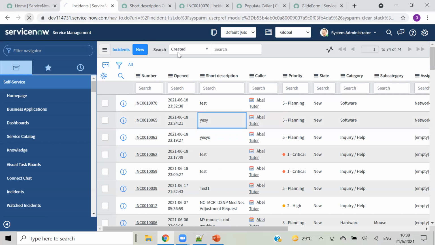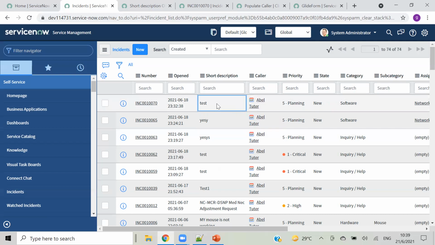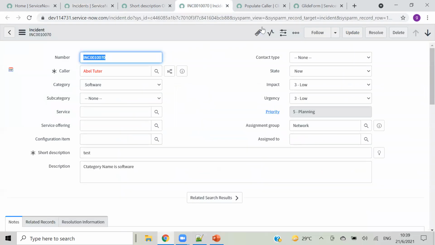Okay, let me reload again. It is still not showing the confirmation message. Maybe I have given something wrong. So I will send a new link, and after that we will see that here. Okay.